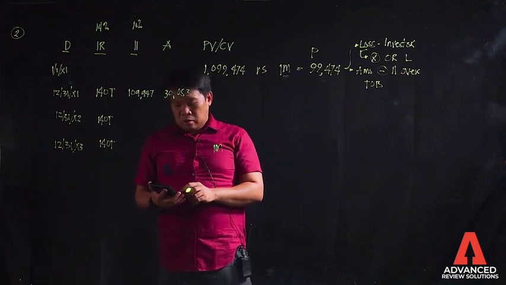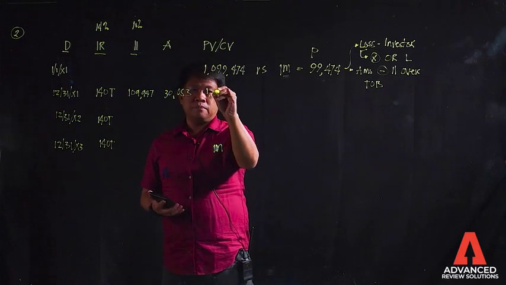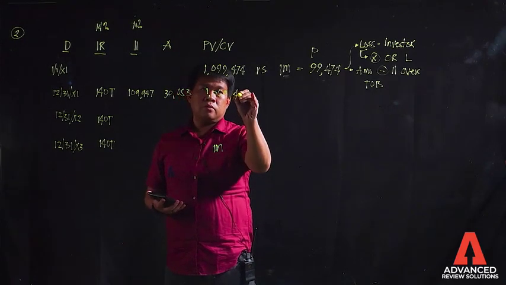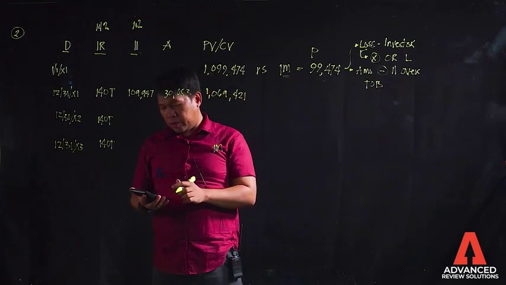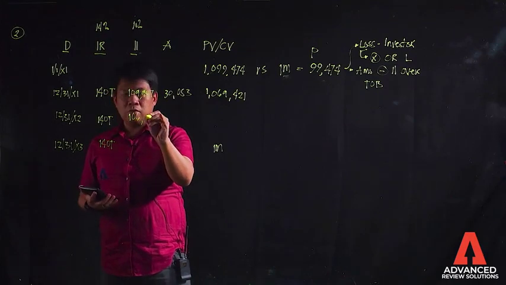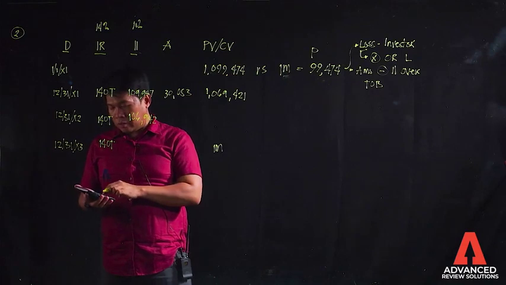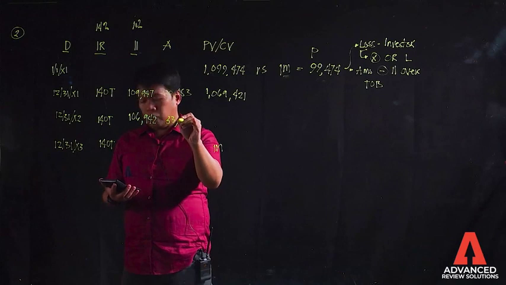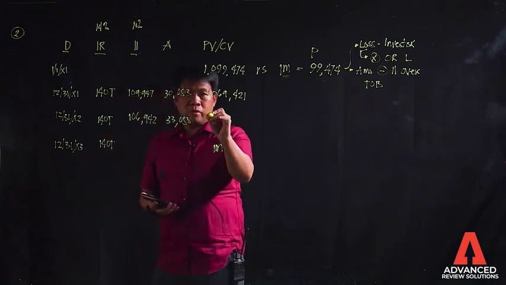Okay? So, memory plus recall, this should be 1,069,421 times effective rate of 10%, so this is 106,942 minus 140,000 equals 33,058. Memory plus recall, this is